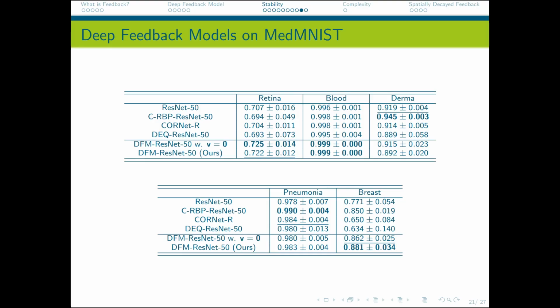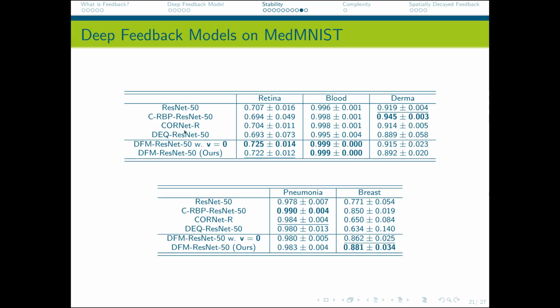So we compared our model, which we denote here as DFM ResNet 50, against other baselines. Again, we have the feed-forward ResNet 50. We have the CRBP, the recurrent backpropagation model, where we first put the backbone of the ResNet 50 and then we implement the convolution LSTM that they propose in their paper. You can check the references in our study and go to these studies to check in more detail